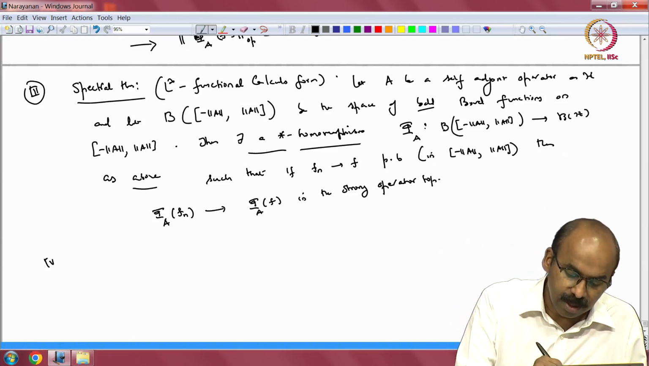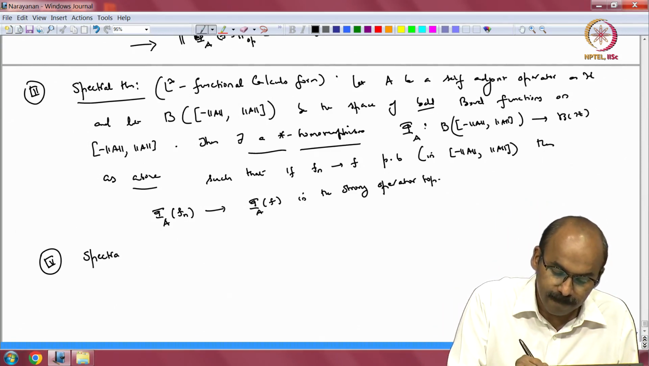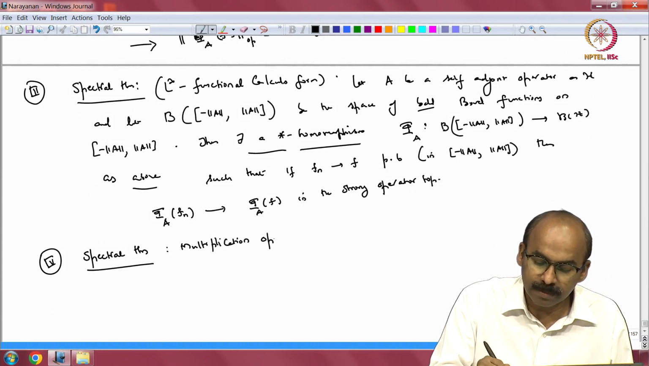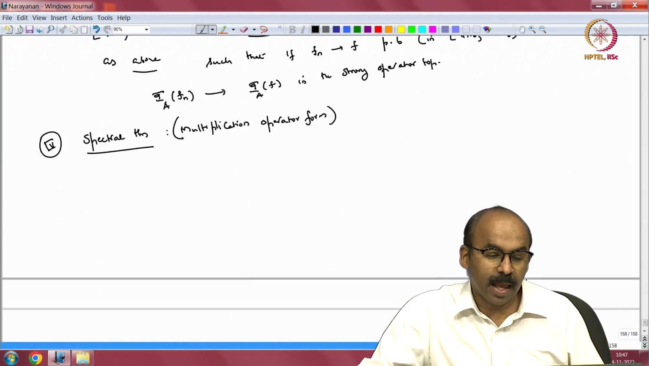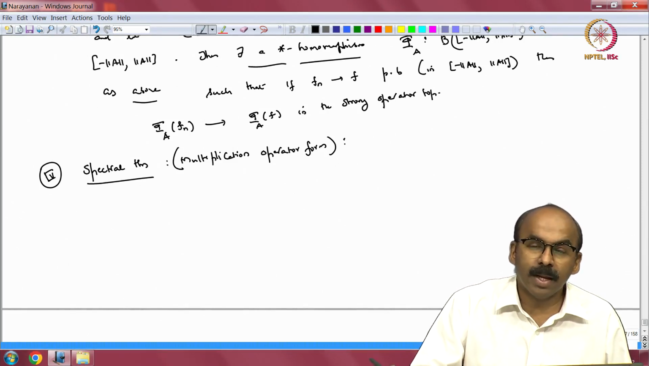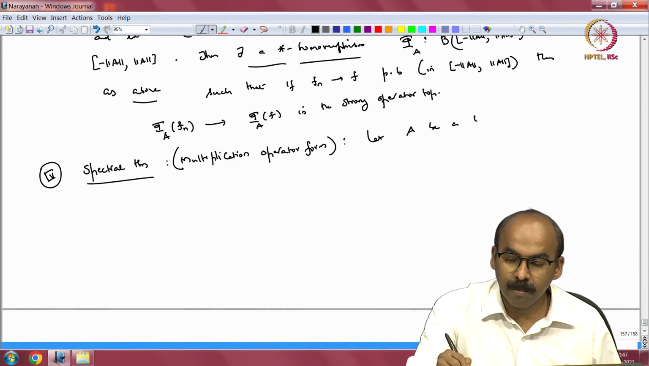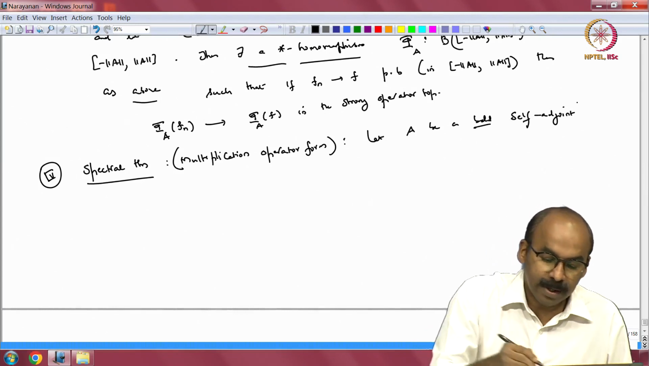Let us also have the spectral measure form or the multiplication operator form of the spectral theorem. Let us see what that is. We can identify our operator A as a multiplication operator on some appropriate L2 space. So, let A be a bounded self adjoint operator,